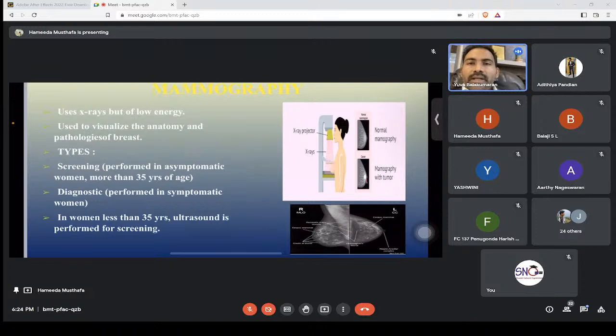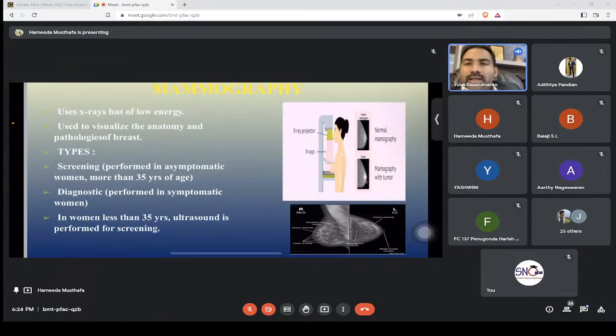Types: screening is performed in asymptomatic women more than 35 years of age. Diagnostic is performed in symptomatic women who have any breast complaints like pain, abnormal discharge from the breast, or skin changes. In women less than 35 years, ultrasound is performed for screening, so if they are asymptomatic and less than 35 years, we can do an ultrasound of the breast to